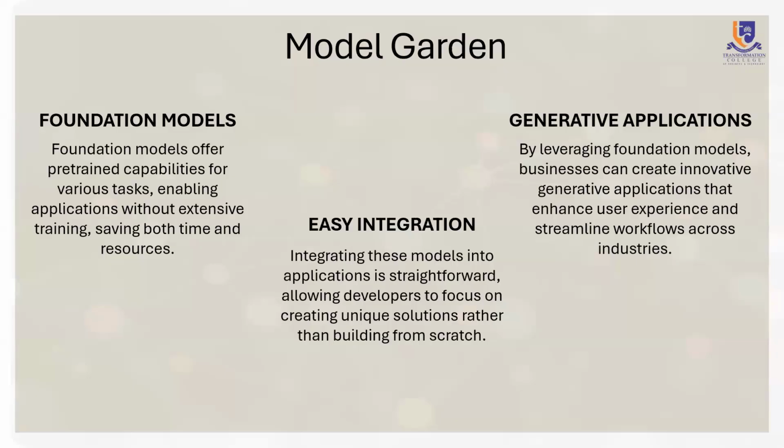So we'll also look at Model Garden. What Model Garden is, Vertex AI Model Garden for models, like the name implies, if you say a garden, it has a bunch of flowers in it, right? So Model Garden for Vertex AI is a garden or a page or a service that has access to all the foundation models that we discussed earlier, right?